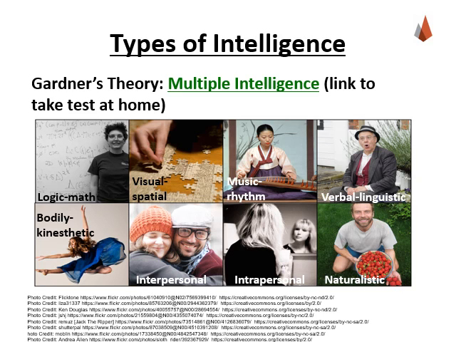So Gardner's theory has 8. Actually, they have 9, but most people just talk about the 8, which are logical-math, visual-spatial, music, verbal-linguistic, bodily-kinesthetic, interpersonal, intrapersonal, and naturalistic. And these are all very important types of intelligences, some of which don't get discussed nearly as much. And I am going to be talking about this more. There's also a 9th type of intelligence that we